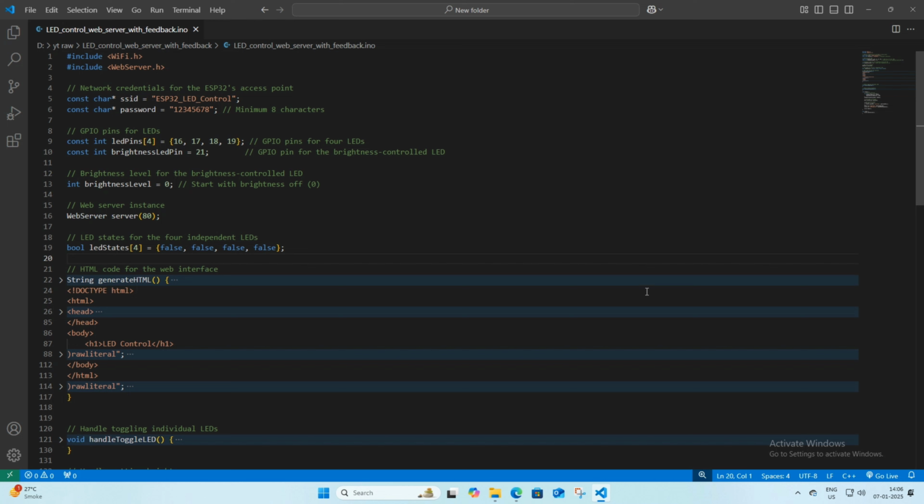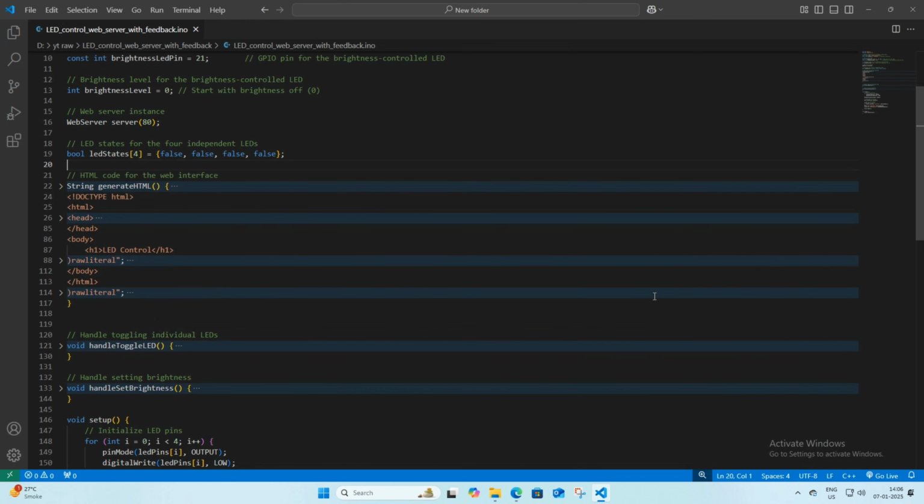The LED states array tracks the on-off state of each LED, and the generate HTML function builds the HTML page with buttons to control each LED's state and the brightness of the special LED. Each button, when clicked, sends a request to the ESP32 to toggle the corresponding LED state or set the brightness. The brightness control includes buttons for setting the brightness to 25%, 50%, 75% or 100%, which corresponds to different analog